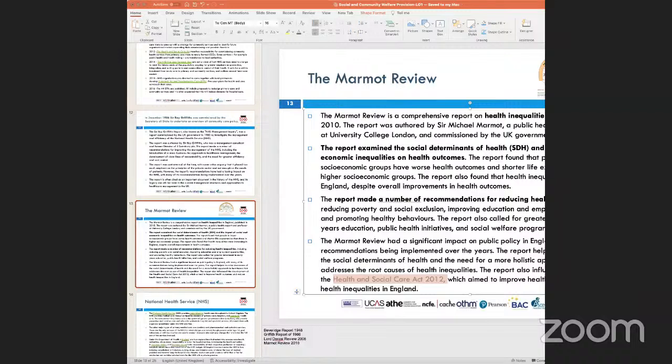So these reports are quite important because they show what is called the origins of how social and welfare community provision was brought in, because it allowed deregulation, it allowed more autonomy to local communities and councils to be able to help decide budgeting and how these services are going to be delivered to the members of public. So in general, these reports or reviews which were carried out essentially allowed the government to make vital